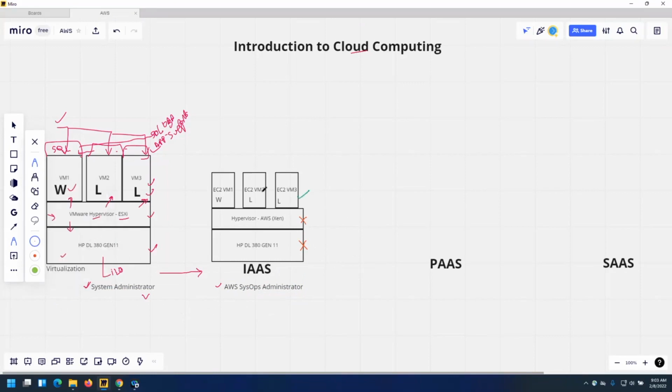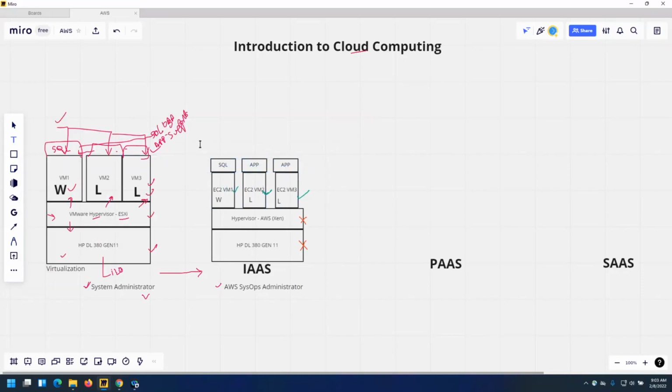Creating these virtual machines. And on top of that, if you have SQL Server, the application team will handle the application part.